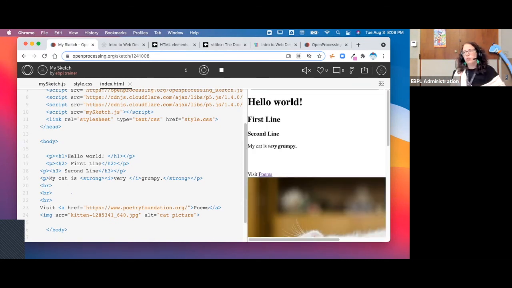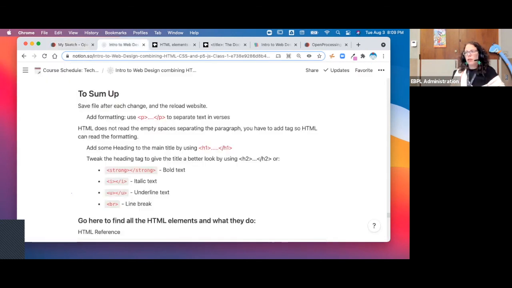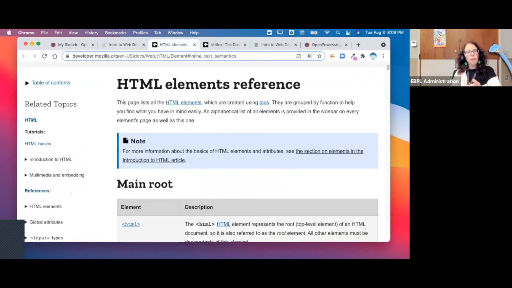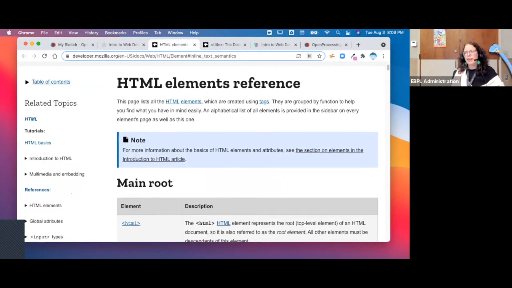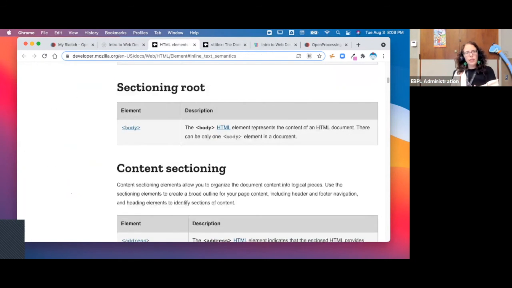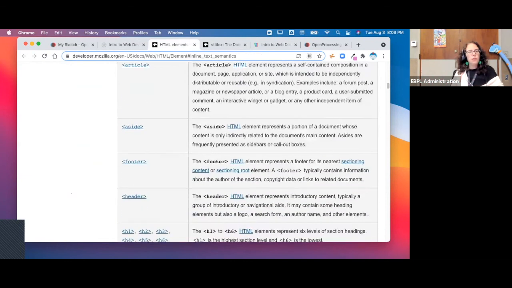Anytime you make a change, you need to refresh it to update the website. So you remember that. Add formatting with tags. Sometimes you use end tags. If you don't know if it needs an end tag or what tag you need, you can go to the reference list, the HTML reference list, and find out what you need. If you need underline, if you need something else,